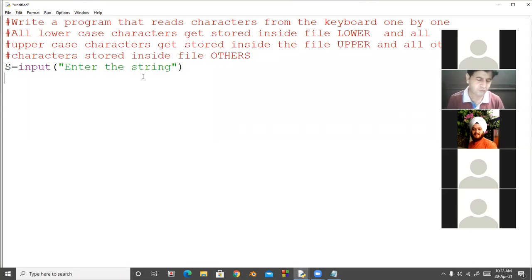Then I use for I in S. So in I, there will be the first character, then second, then third, fourth, fifth, sixth, like this.